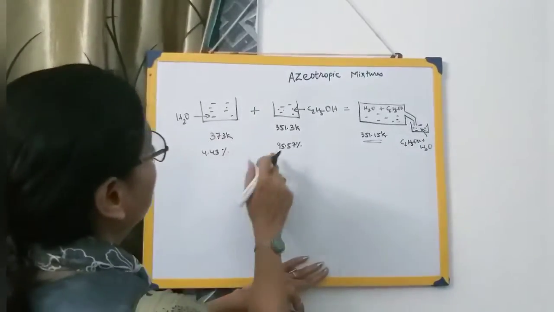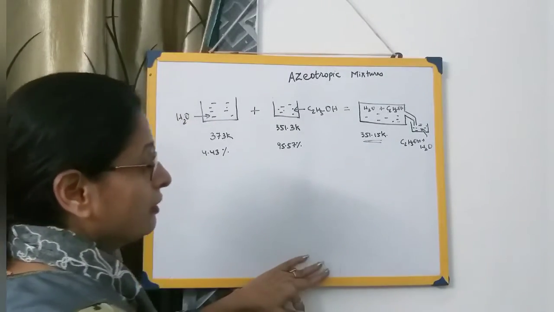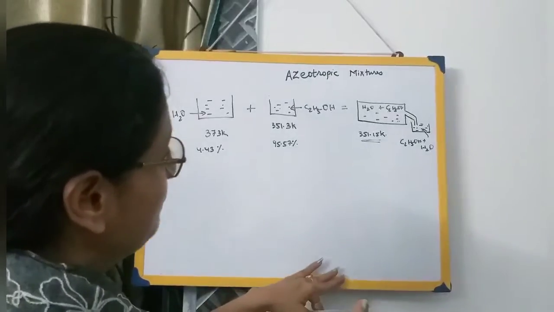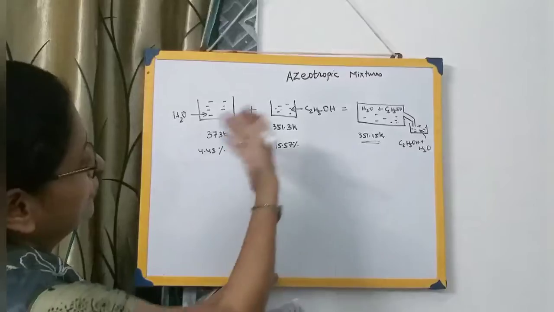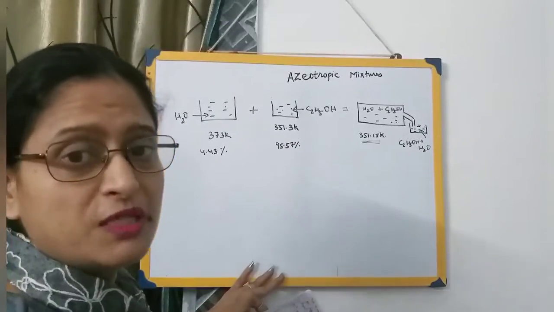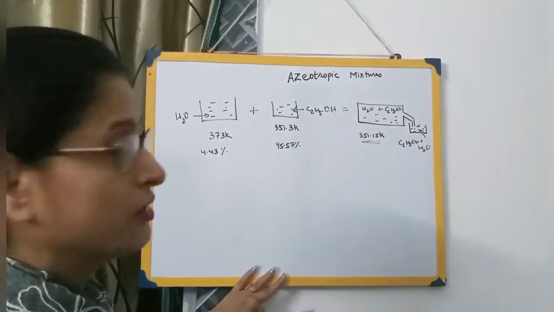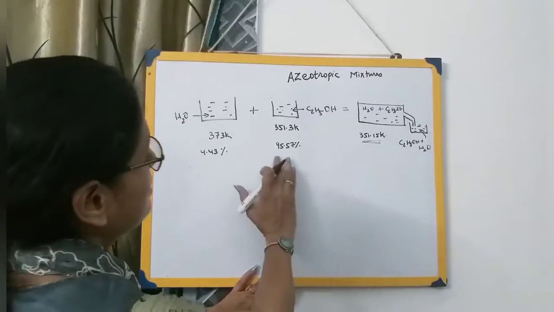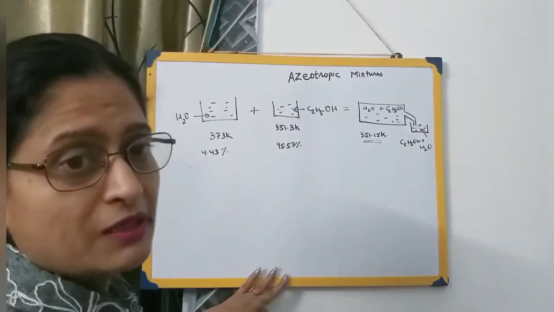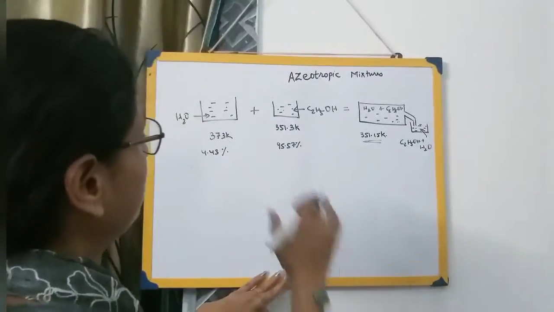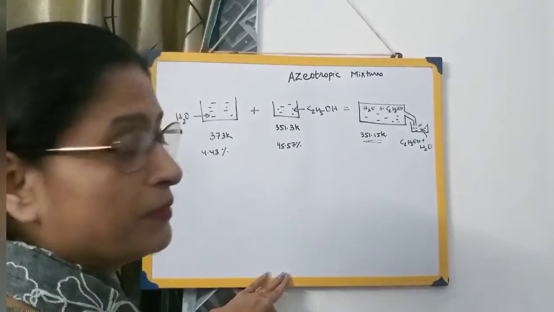We are taking it in a particular volume. Otherwise, if you simply subject it to fractional distillation, suppose 1 glass of this can be taken, another 2 glasses of this can be taken, and we subject it to fractional distillation. But when we call something an azeotropic mixture, there should be constant composition. That is, if this is 95.57%, this has to be 4.43%, as calculated earlier. We have to take it in the same composition. Then it forms the azeotropic mixture.